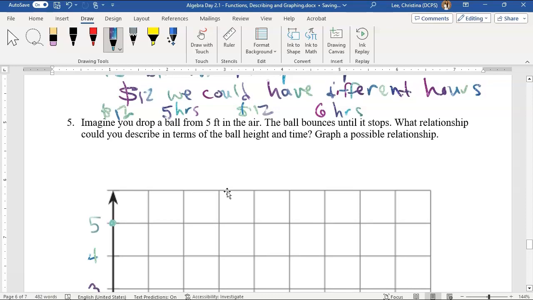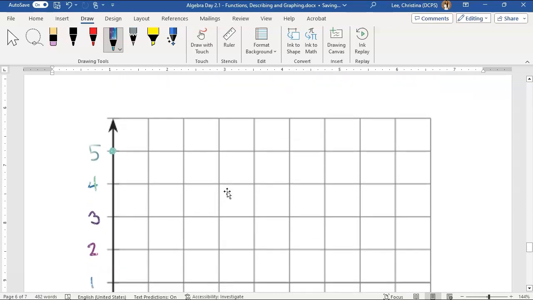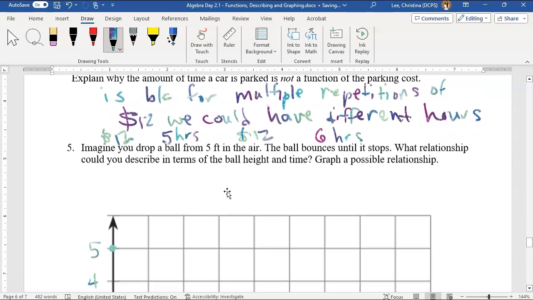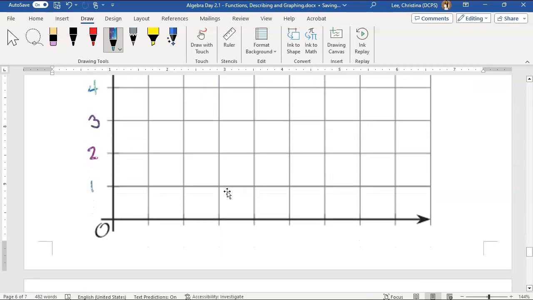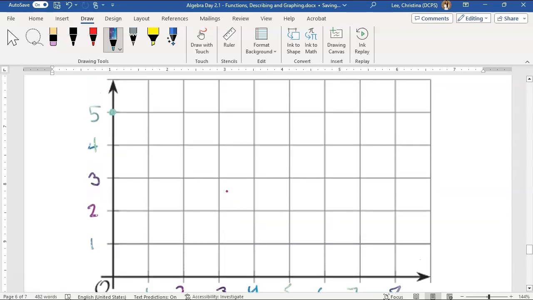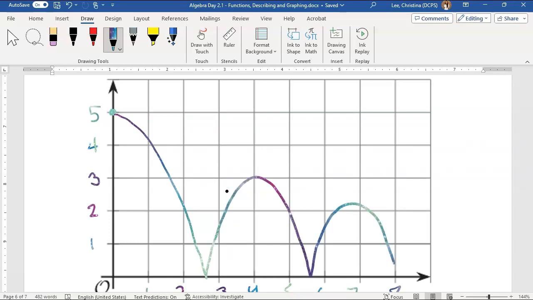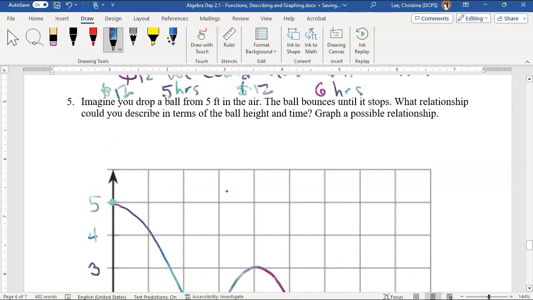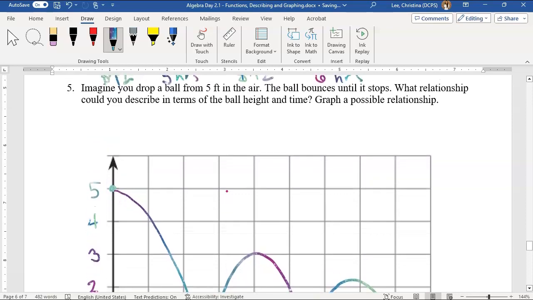So the relationship is over time, right? Let's say we do it in seconds because it doesn't give us a unit. Let's say we do it in 1, 2, 3, 4, 5, 6, 7, 8 seconds, right? So over time, and this is not scientifically exact, okay, you all, the ball is going to fall, bounce, come back up, bounce, right, and so forth and so on until it eventually peters off, all right? And so the relationship here is that the ball height